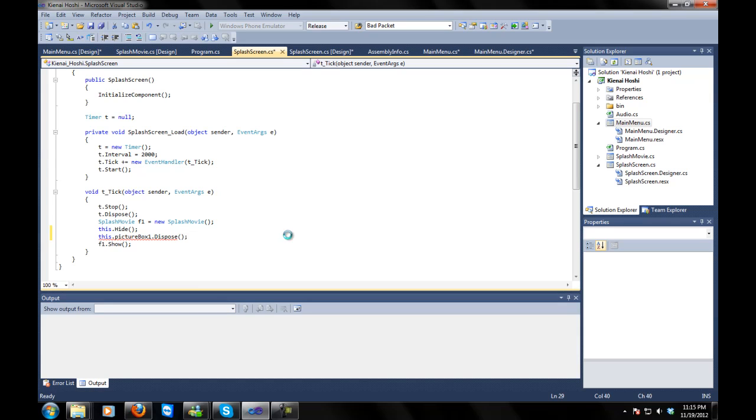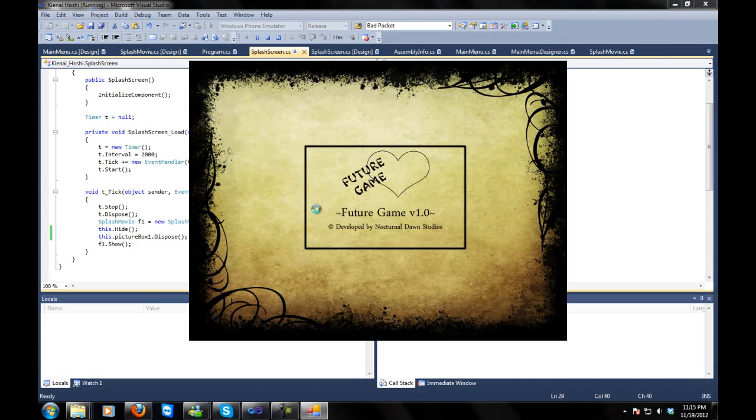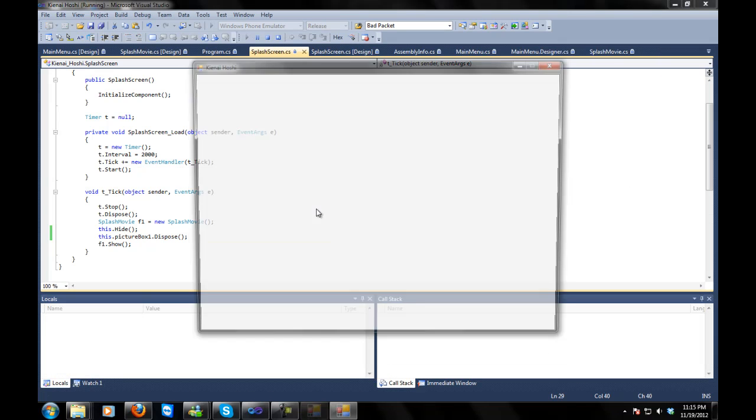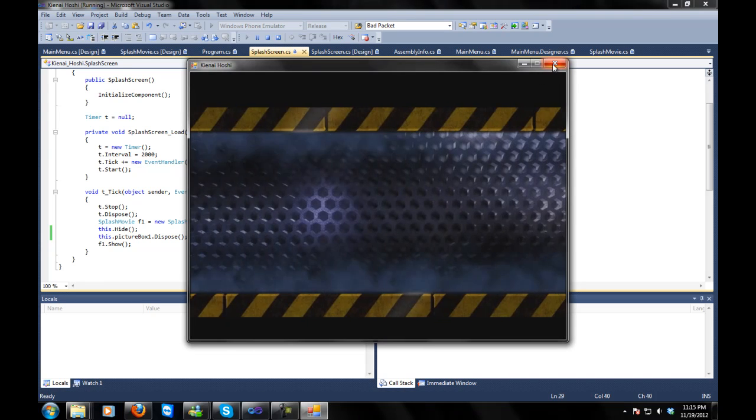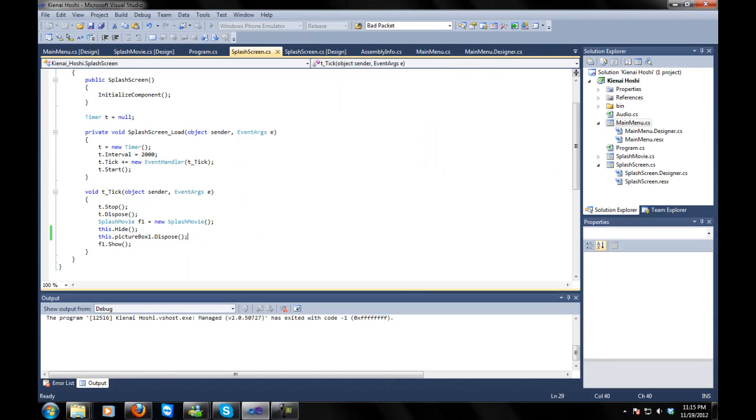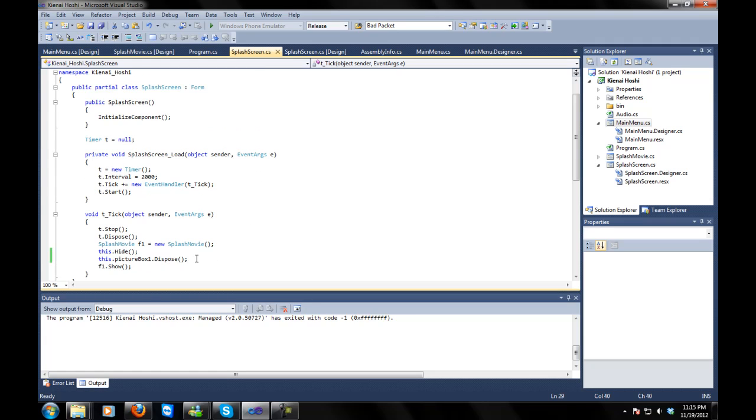Let me just run this real quick to make sure it's okay, because that might actually release some resources. It might be good, so I'm just gonna test this real quick. Yeah, so I'm just gonna do that for now because that might release some extra resources that might be held up. So yeah, the reason I don't do this .dispose